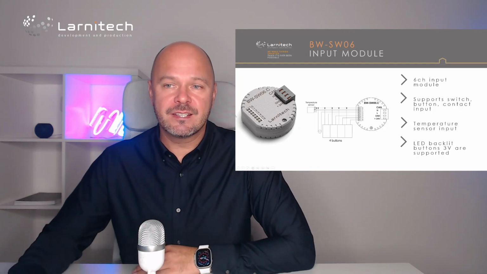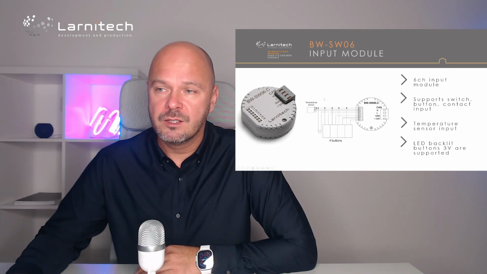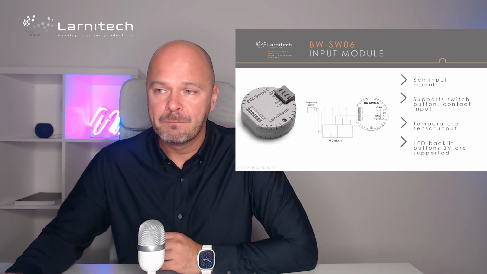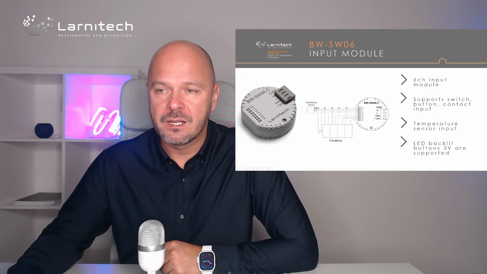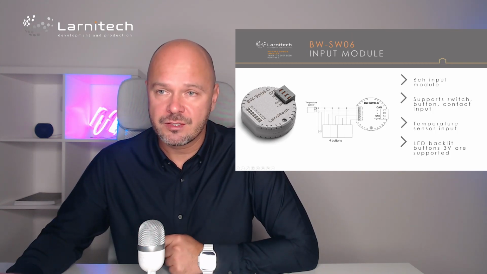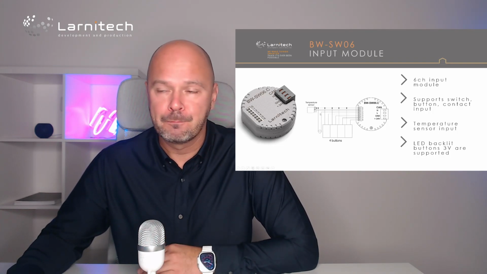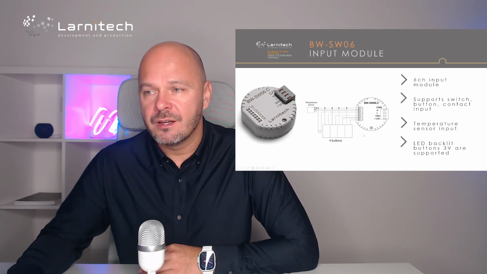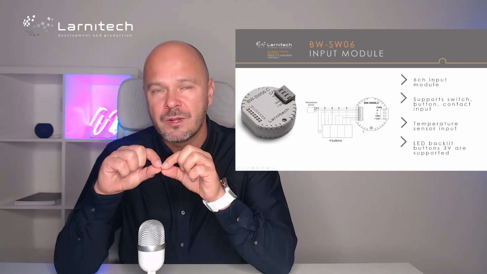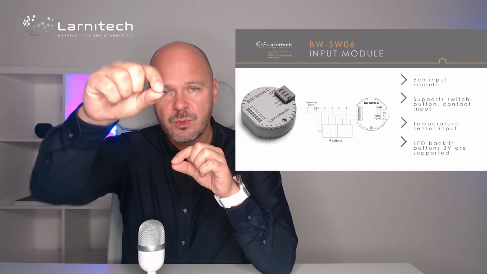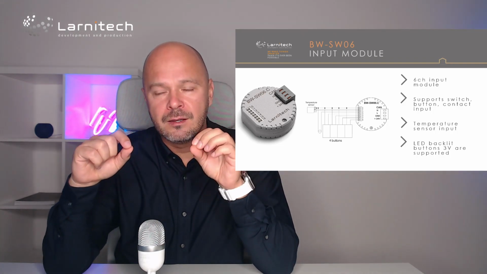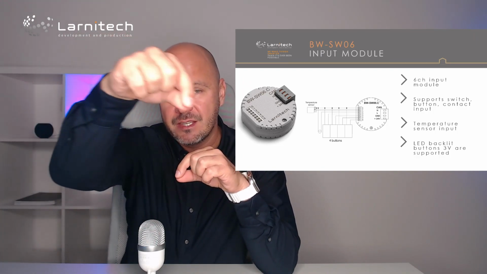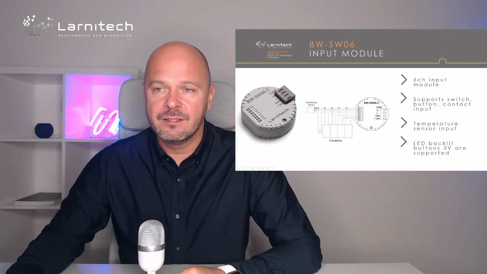This one is just a 6 inputs device. So you place it behind the switch and you can have up to 6 buttons connected, or up to 6 switches connected, or maybe reed contacts or maybe temperature sensors, the same as with the relay. So when do you use it? If you don't want to bring a separate twisted pair to each switch, you want just to bring there one twisted pair of the bus and then have a daisy chain, so less cable. Then you use this device